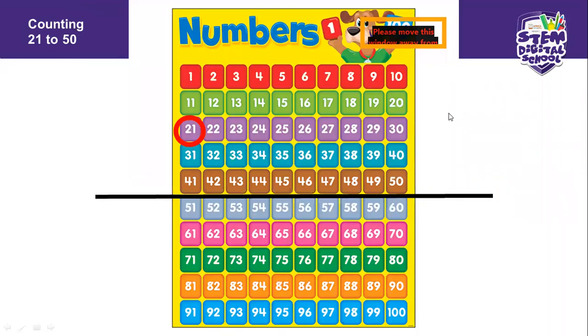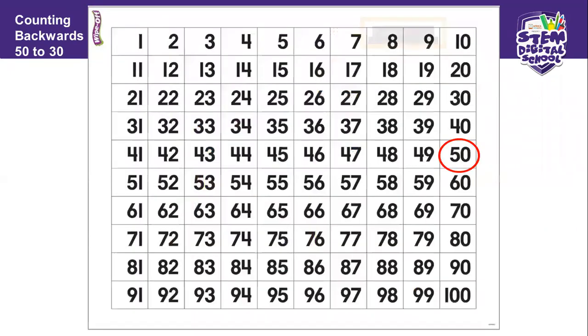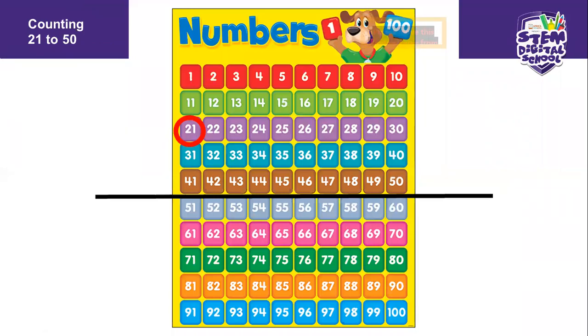Remember, we always need to stretch our brains. Now we do our number gymnastics. Let's see what's the plan for this morning. We are counting from 21 to 50. So I want us to count together. 21, just look at the cursor, 21,